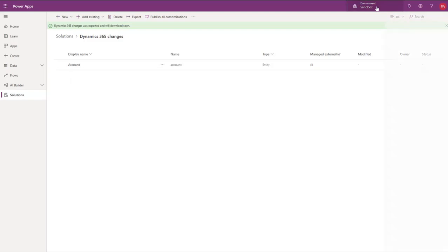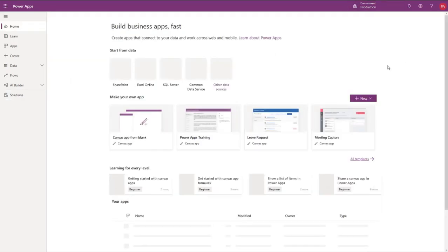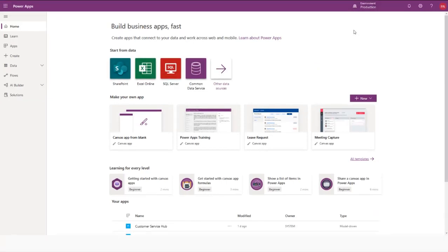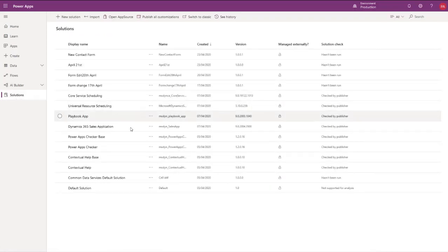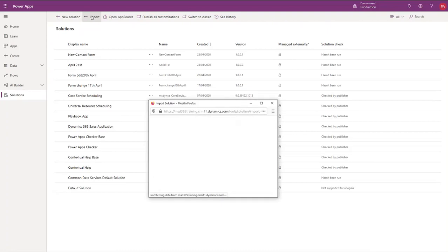If I now switch my environment now to production, so I'm now working in my production site. If I go to solutions on the left here, so I can see previous solutions I've got in here, but now I want to actually import. So I've got my solution, click on import,